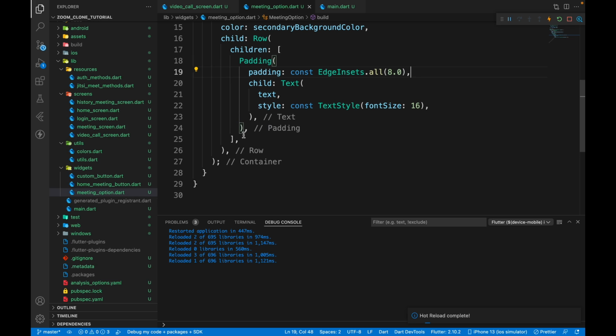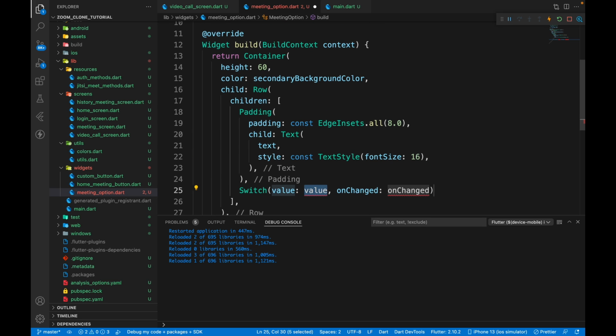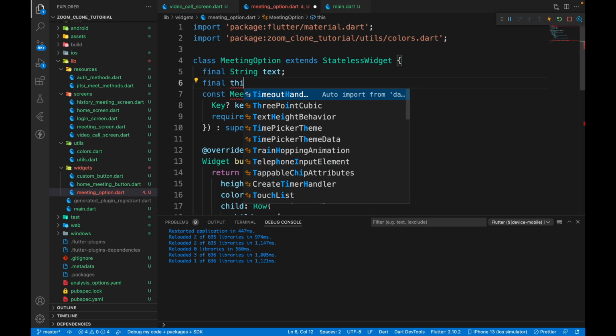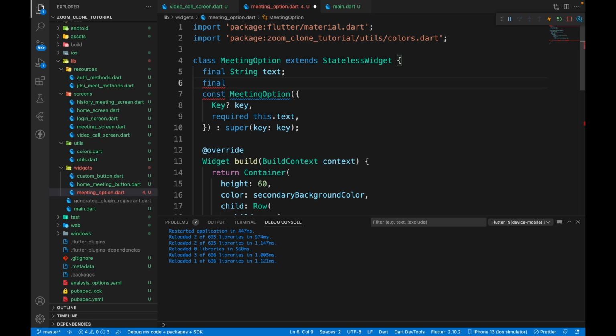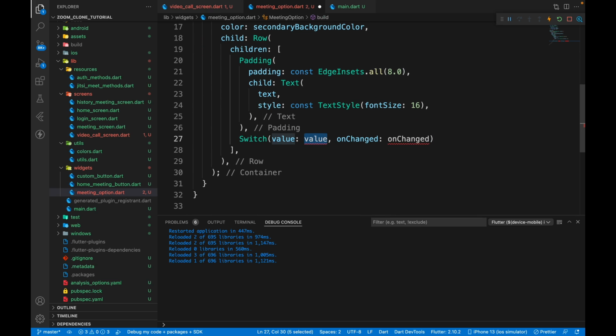Yeah, looks good. Now let's create a switch as well. Now the value is going to be received from the constructor again. So let's have final boolean is mute. We are not going to check if is audio mute or is video mute. Let's just put in is mute required dot this is dot is mute, and we can put is mute as the value. Now in the on change we can have another